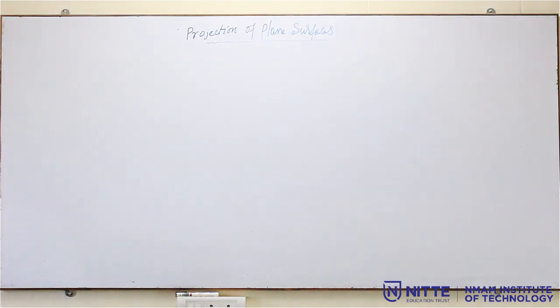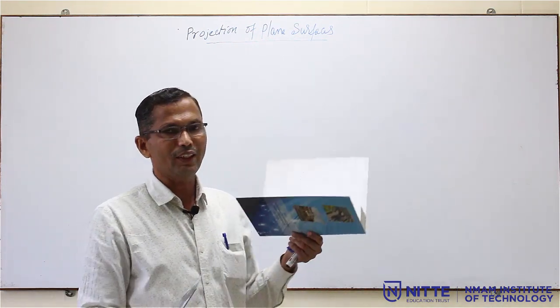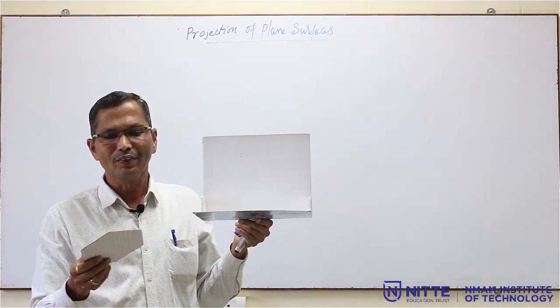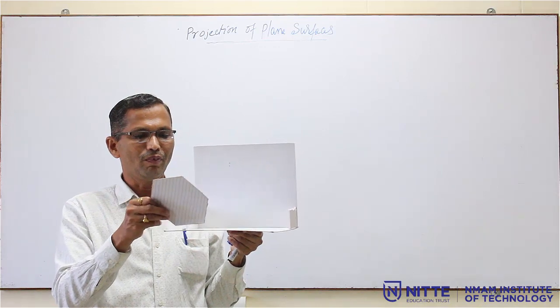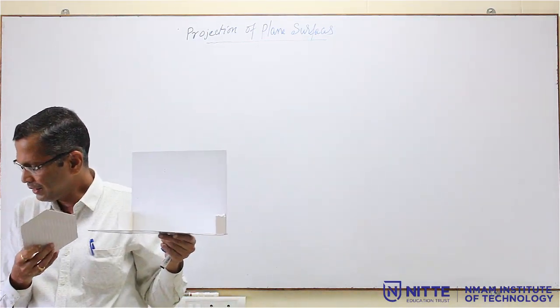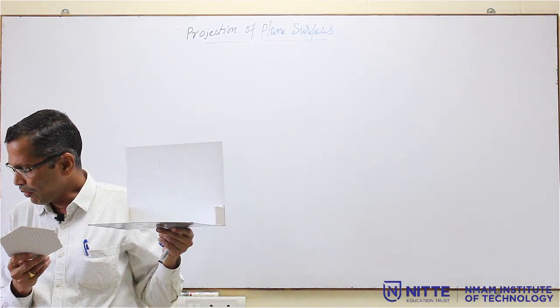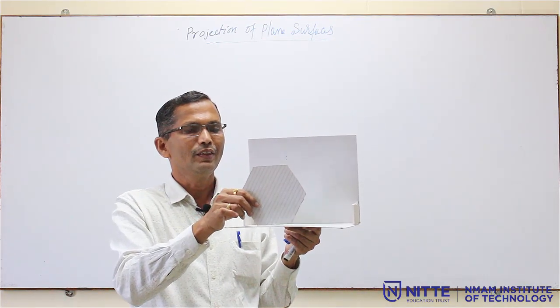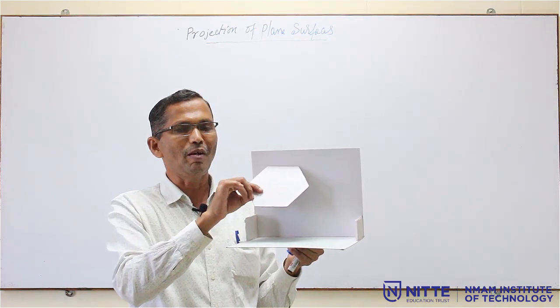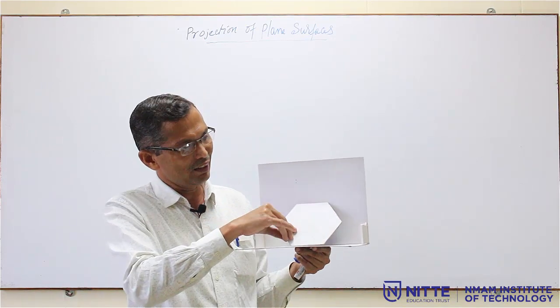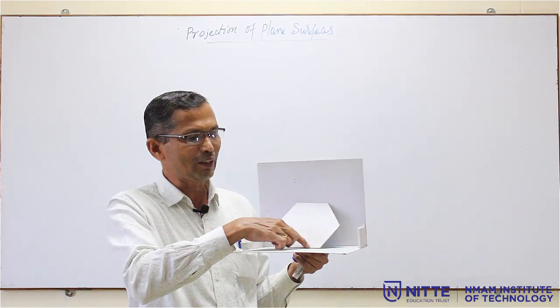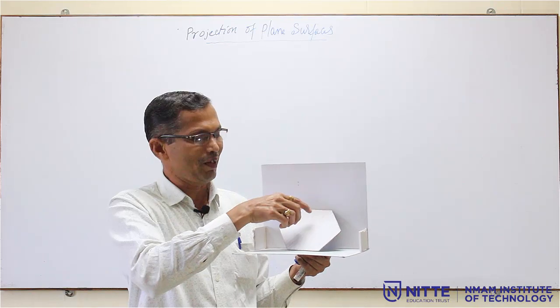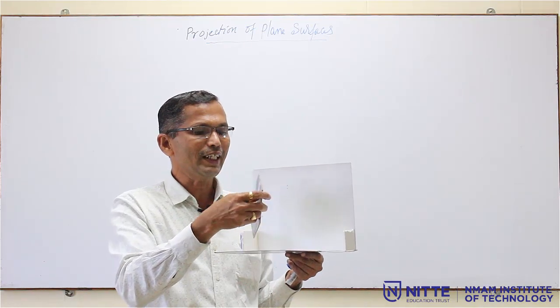Now it is a hexagonal lamina of 30 mm side. So this is the quadrant system. I have first quadrant resting on one of the edges touches both reference plane. That means this side now it is touching HP. Now this is touching VP. If I keep it like this, it is similar to the previous problem. One edge is on HP and opposite edge is on VP. That is not the case. What is the case now?